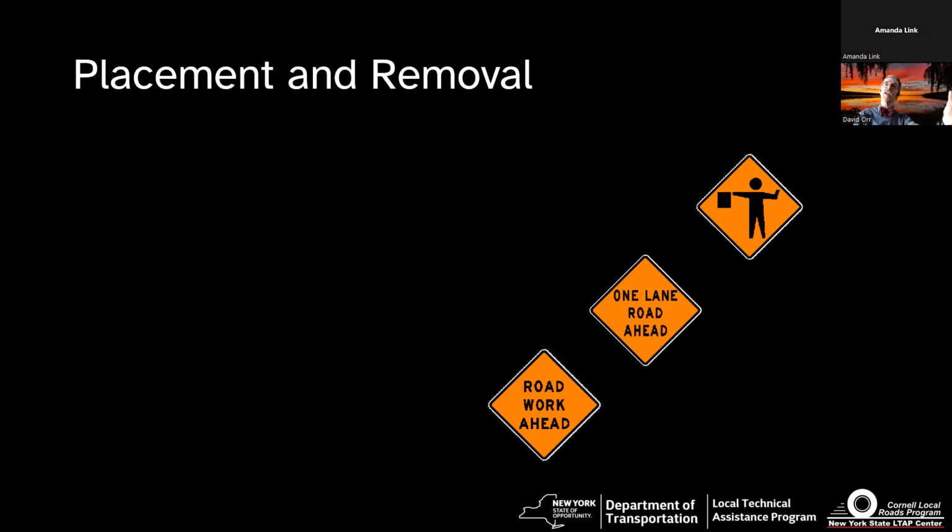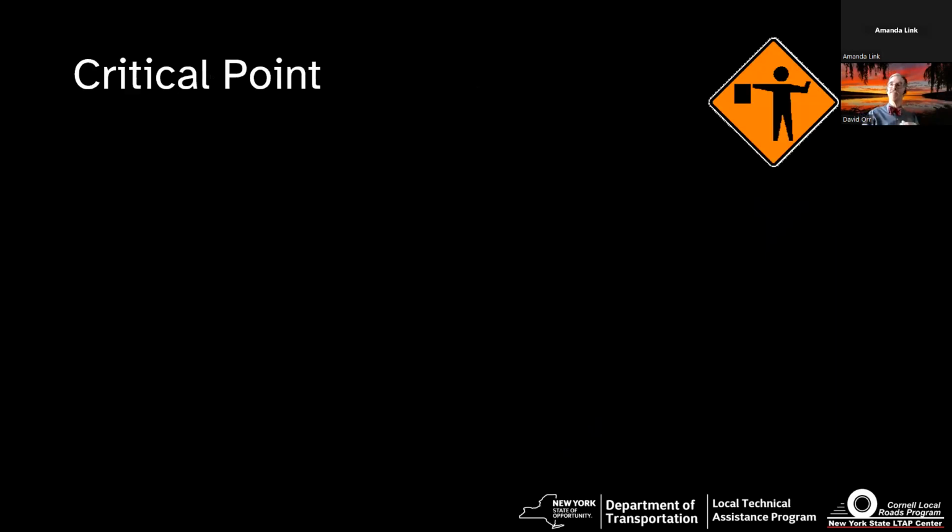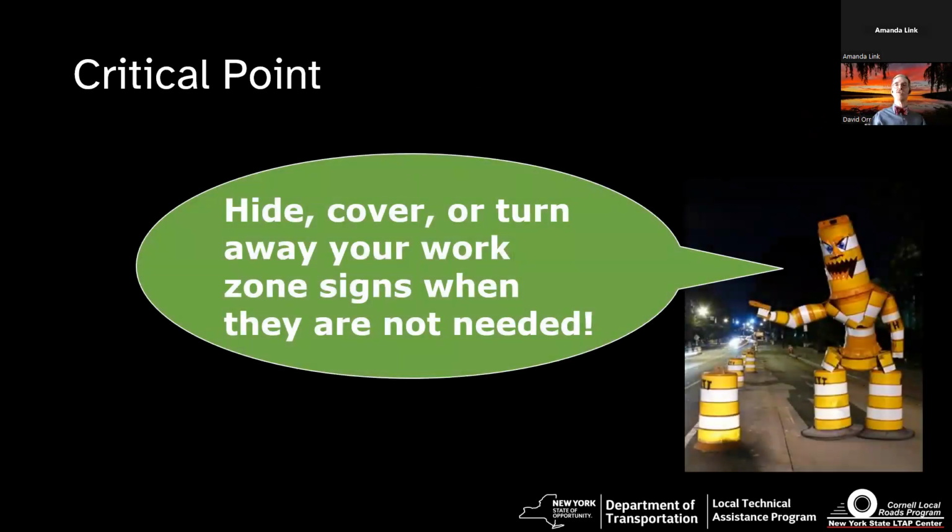And then, of course, to remove it, you remove the entire work zone. You now actually have two open lanes, and then you remove all of the flagging and sign stuff at the end. So it goes backwards. Okay. Pretty important, critical point. And the other thing, though, is do me a favor. When you're not working, hide, cover, and turn your signs. Now, do you need to cover and hide all of them? I'm actually okay if you left the work zone sign up during the day. You're working, you've moved everything off, the two lanes are open, but you still got a lot of equipment and vehicles. Leave the first one up. That's okay. I'm okay with that.